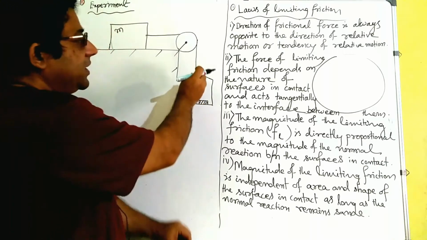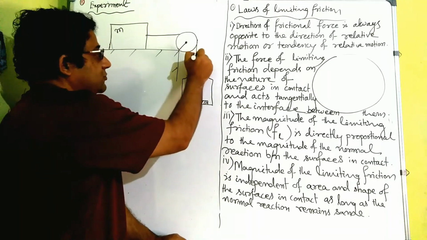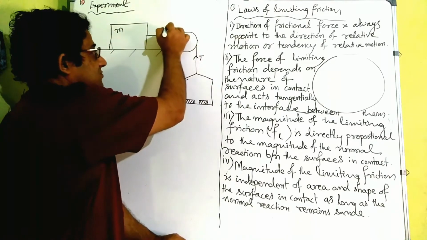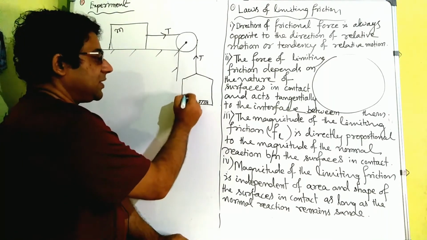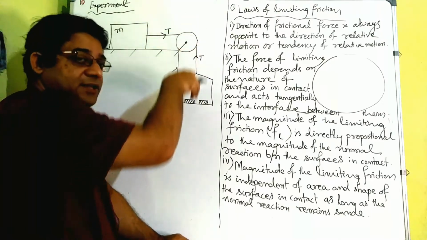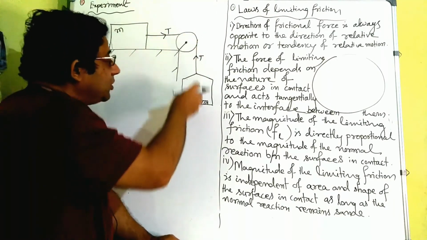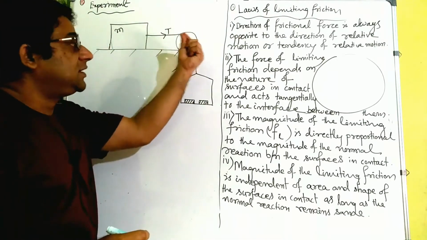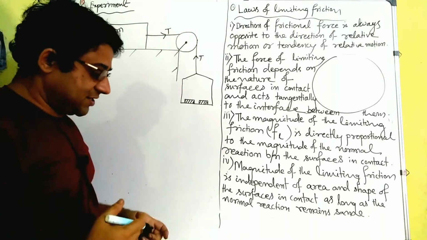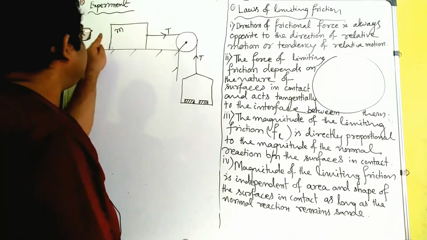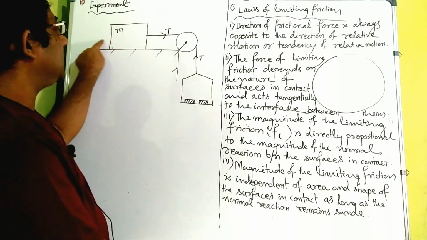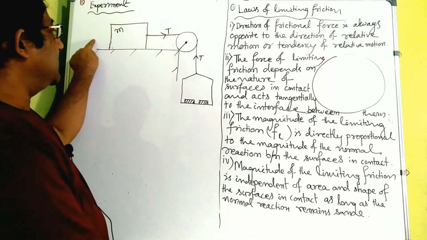So in fact we are pulling it with a certain force, and inside that there is a tension in the string. In the experiment we are taking some weights with us, and we can keep more and more weights so that the tension will be increased, or the pull with which we want to pull it on the table surface will be increasing. And this tension here is nothing but the applied force, and a frictional force will come into play here, right?